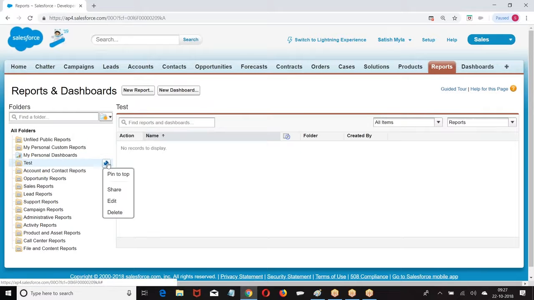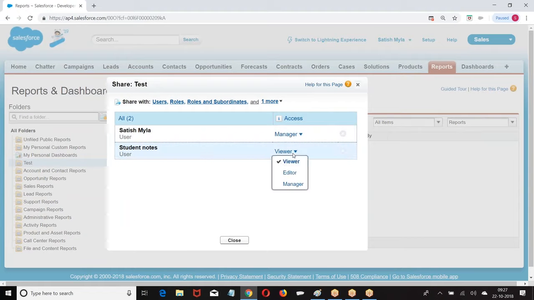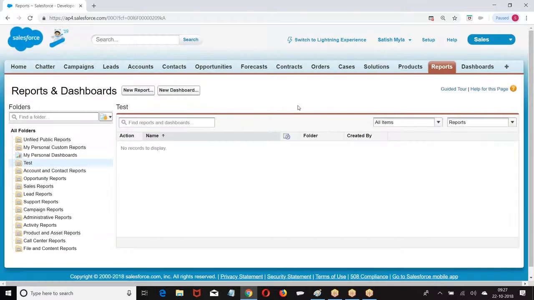How do you want to share? Manage, edit, view. Right, we have created the report here. Then what is the next one we have? Created a folder. The folder share, edit, delete. You can share the folder with whomever you want. I hope you are good with this.